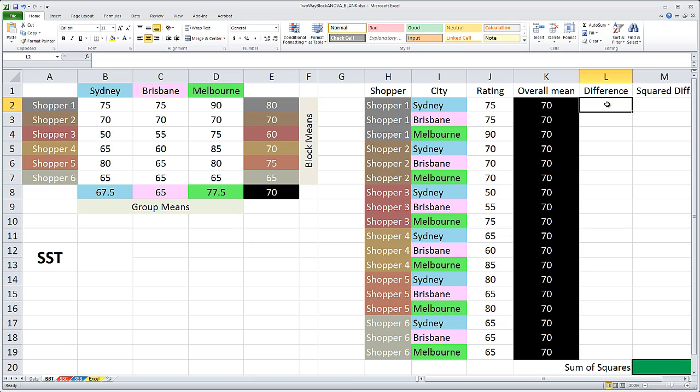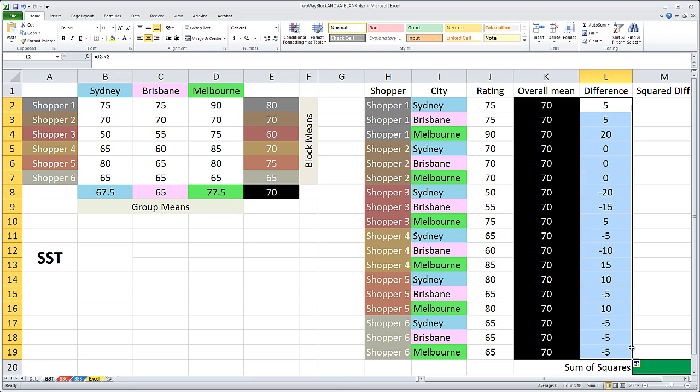This we can do the fast way. So we need the difference between the rating and the overall mean. So equals, then we'll select the rating cell, minus the overall mean next to it, and hit enter. So 75 minus 70 is 5. Now we can hover over the lower right corner of this cell. It'll turn to a solid black cross, and we can drag down,